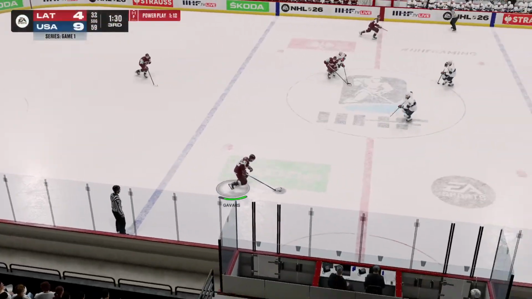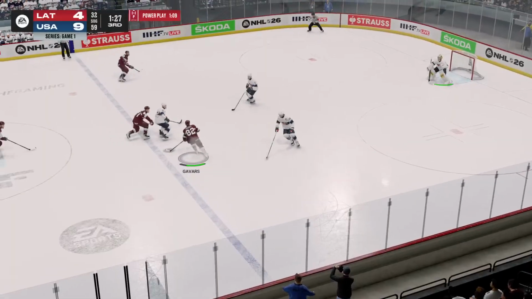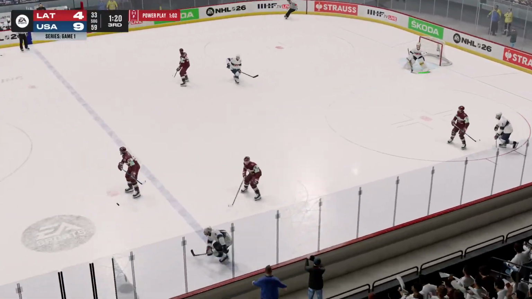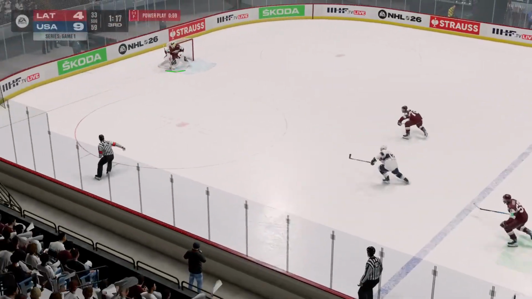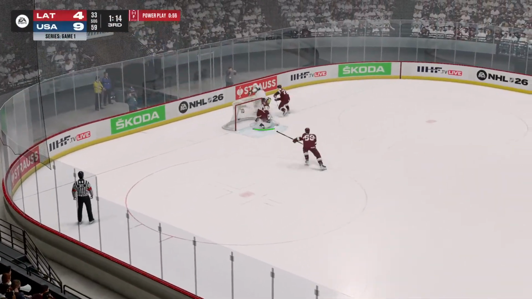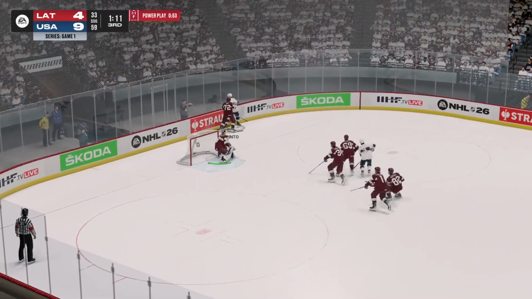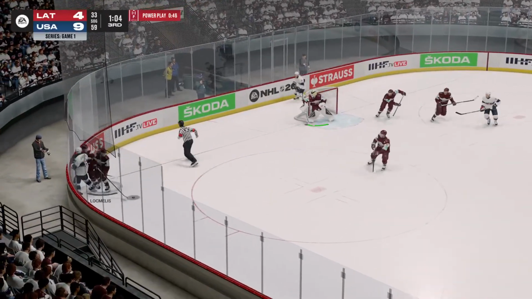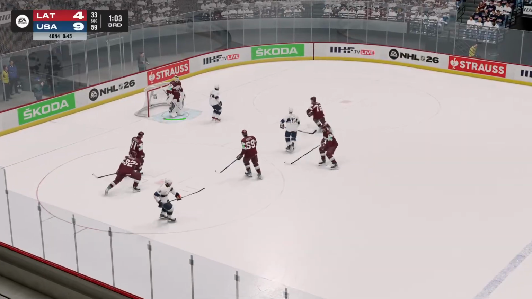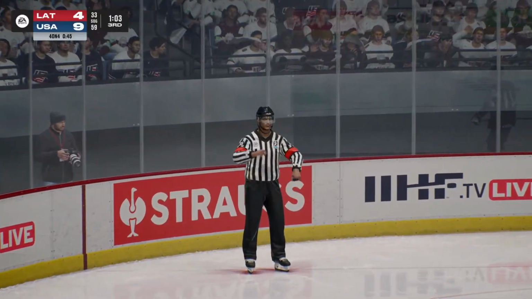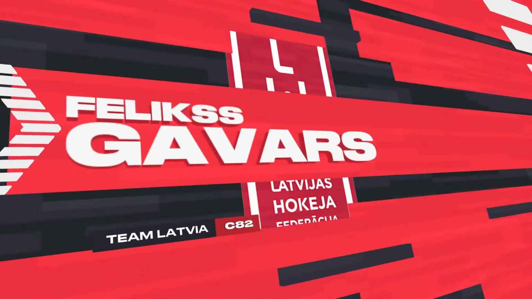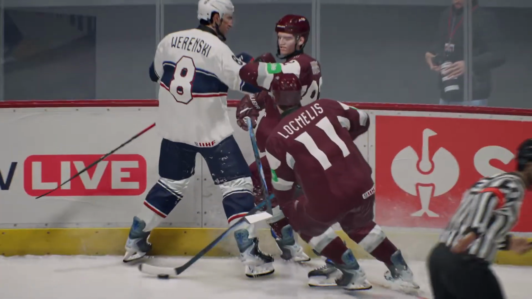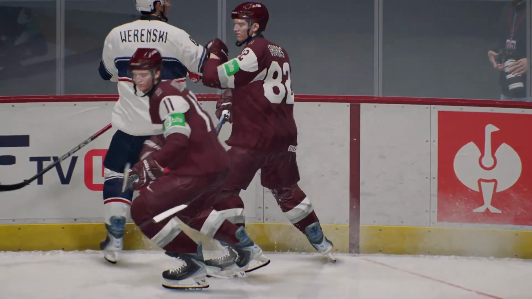Just over a minute to go on the power play. 90 seconds to go in regulation time. Gabber's shot denied by Swayman. And Lacombe picks up the loose change and flips it up and out. Again, United States wins the race for the puck as Pinto gets back to it. Kicks it to the near side. First guy to it will be Werenski. Loose puck in the slot, and a penalty is called on Latvia for a hold. And we're going to get a 4-on-4 here in garbage time as Werenski's pinned along the boards.